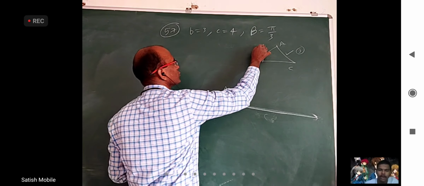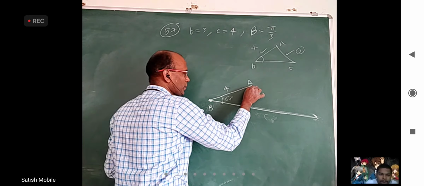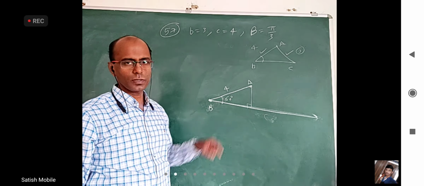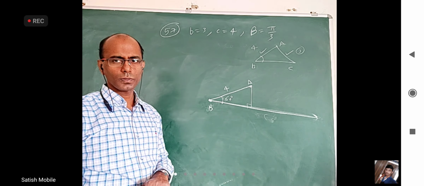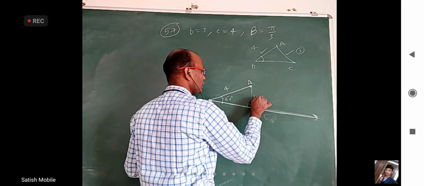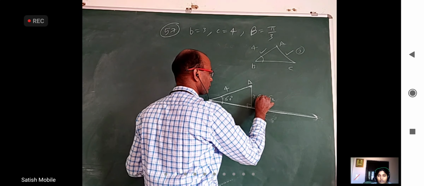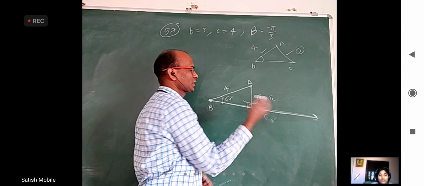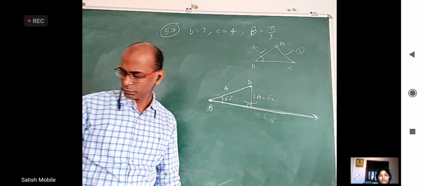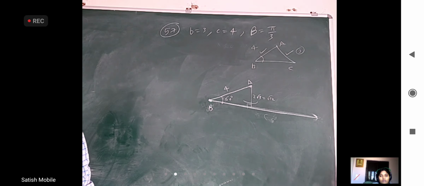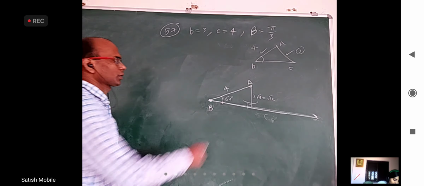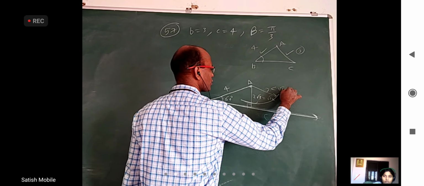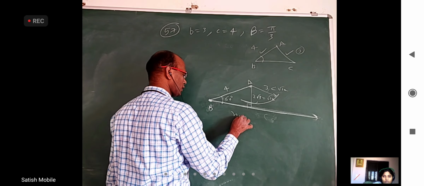This is 4. What is this perpendicular distance? 4 sine 60 now, right? 2 root 3, which is root 12. Length 3 is less than this, right? So if you draw the arc, it will not even intersect, it is not possible. No triangle. So 57th answer should be D then. Yes. You can see here this arc whose radius is 3 is less than root 12. So no triangle, just from geometry.